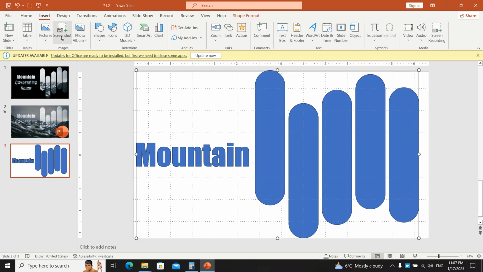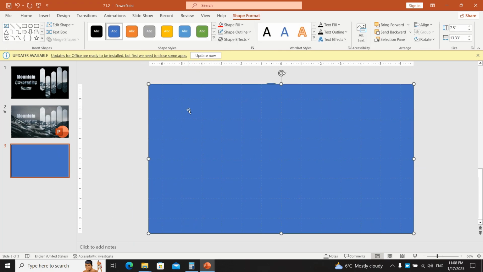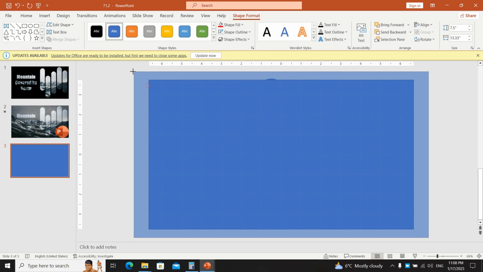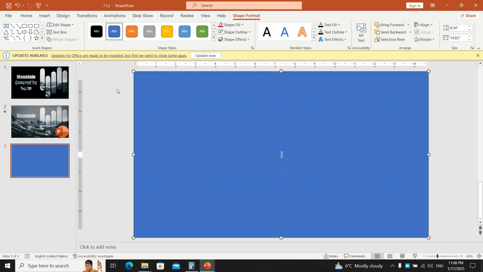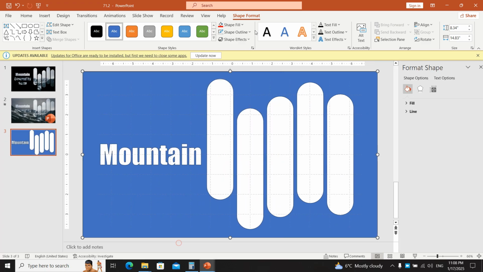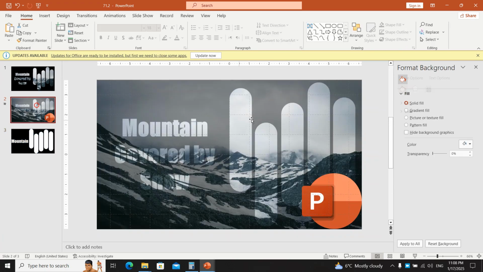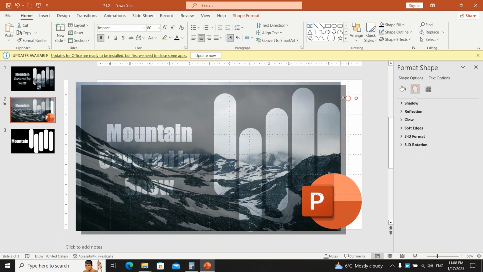We need to insert another rectangle. Don't forget to make the rectangle big enough, and then select all of them and combine them and format shape outline, make it black. Now just copy the picture